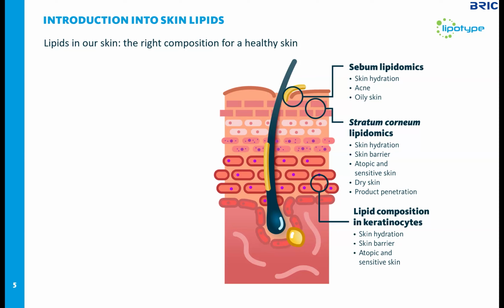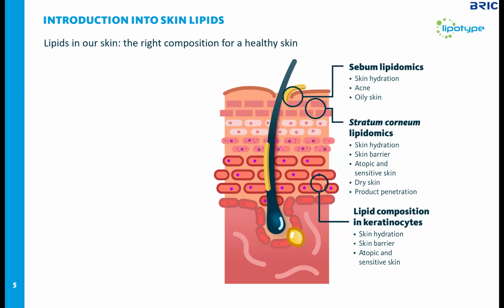If we go deeper into the skin, you see there is an outermost layer of epidermis, stratum corneum, which is consisting of non-viable cells, which are embedded in a very specific lipid mortar. And we are going to be talking about stratum corneum in the majority of our case studies today. We are going to talk about its composition and its features in a lot of detail in later slides. In this instance, I would also like to touch a little bit upon lipid biosynthesis and how it takes